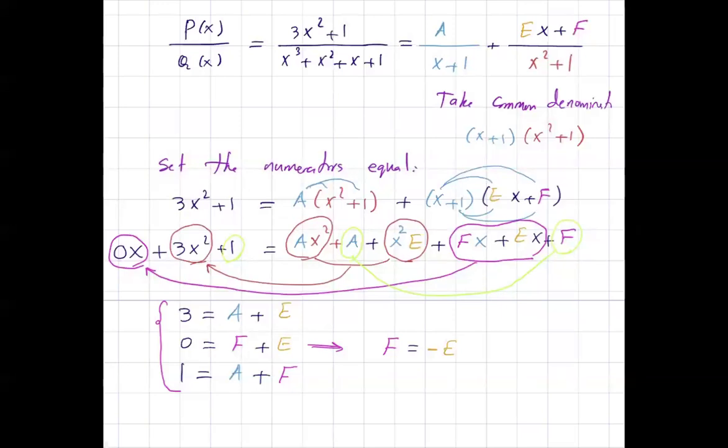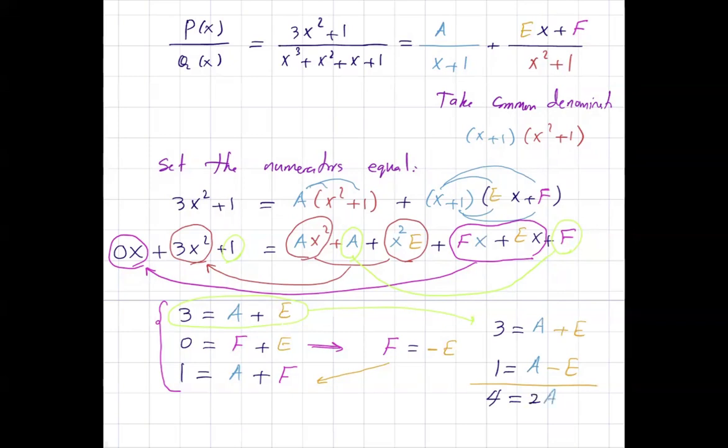Since f is equal to negative e, you can plug that in here, and then you get 1 equals a minus e. But my very first equation says a plus e must equal 3. So I have 3 equal to a plus e. If I add these 2 equations, 4 is equal to 2a plus 0,